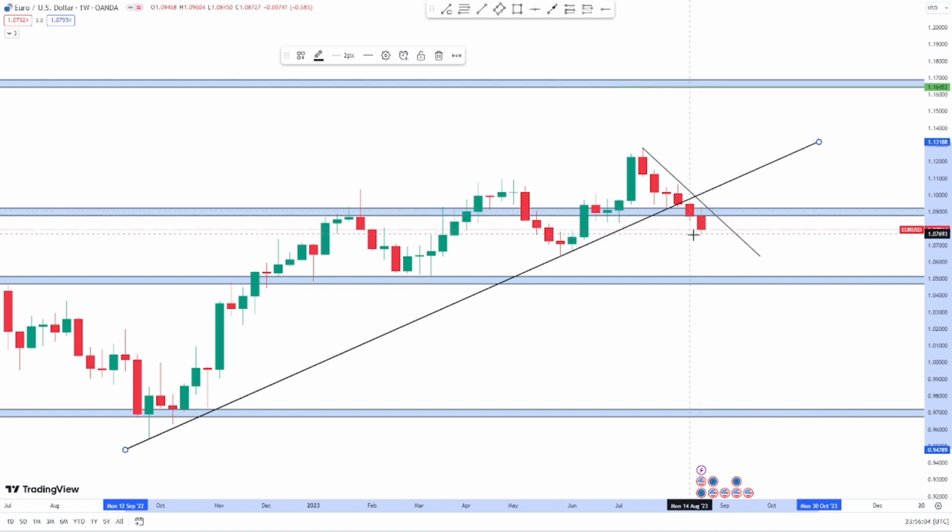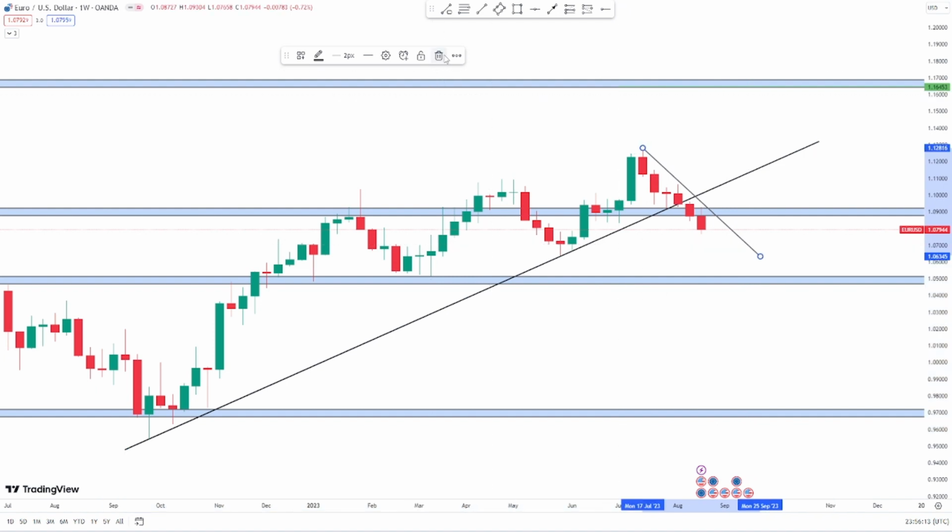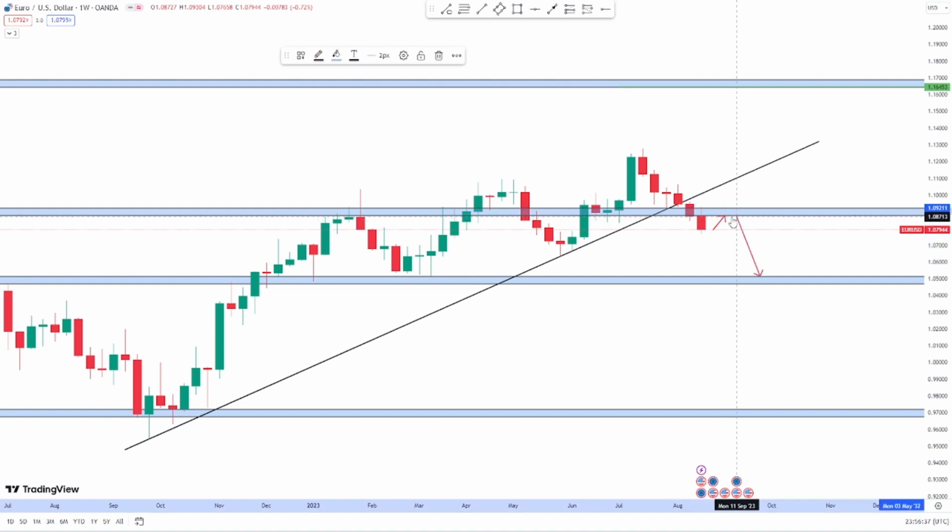This is the weekly time frame. We're waiting for a pullback into this region, which was previously support and is now resistance. I'm watching out for something like this: a pullback into this region and the break of this region, a pullback into this region, which will create room for us to put in our engagement rules.